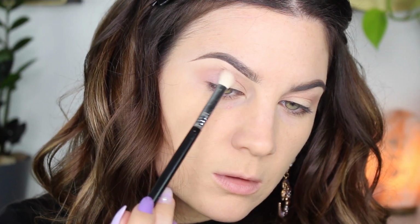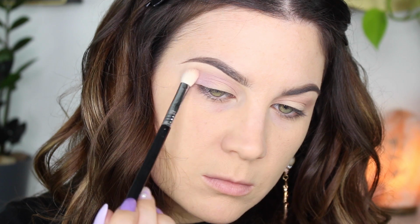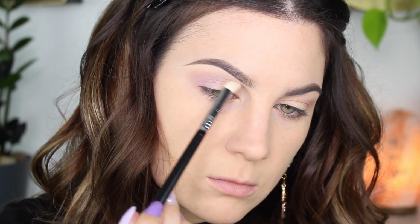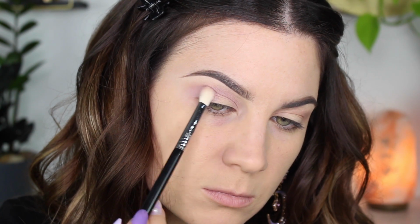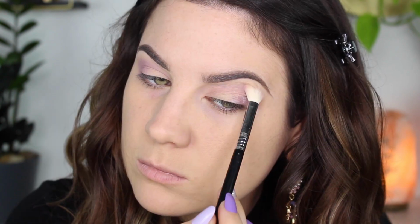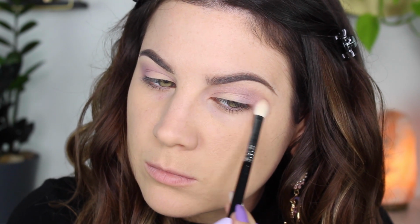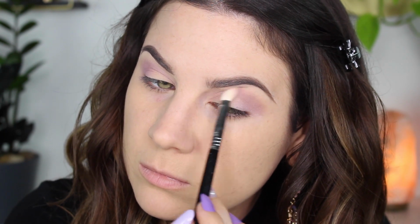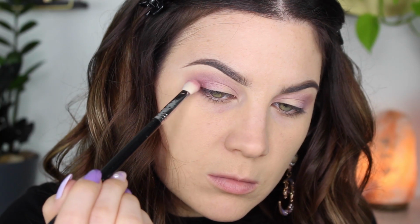And then I just couldn't help myself. I had to go into the shade Optimized, which is just a really pretty light purple. And like I said at the beginning of the video, I wanted something just very light and pretty, nothing too dark. So I'm just placing this in the crease and in the outer V, nothing crazy, very simple. Now I'm going into Warning, and I just really like the way Warning and Optimized look next to each other,